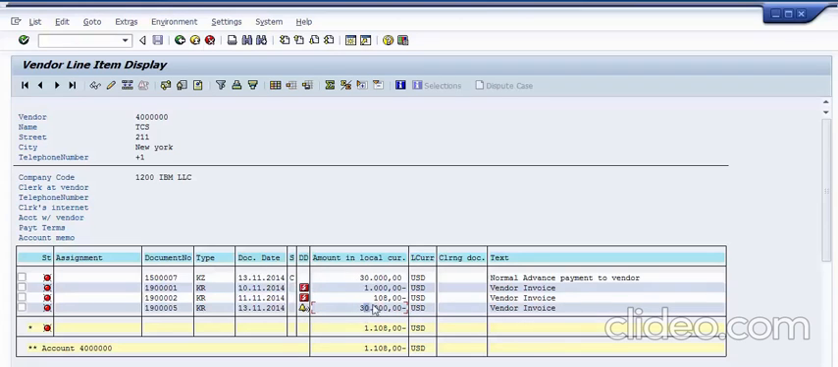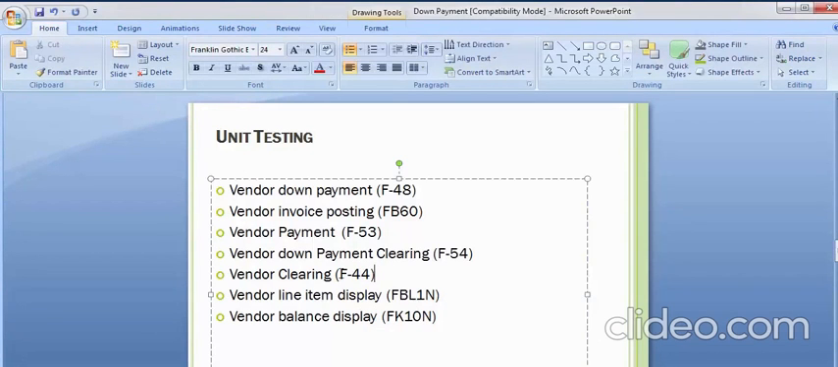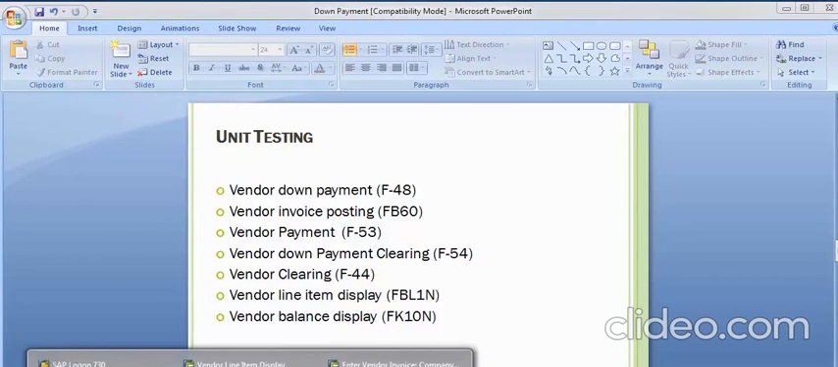This means the transaction is nearly complete, but these two line items are still reflecting as open items. So we need to clear these two line items against each other. How can we do that? Vendor clearing is done with F-DIS 44. So we need to go to the transaction